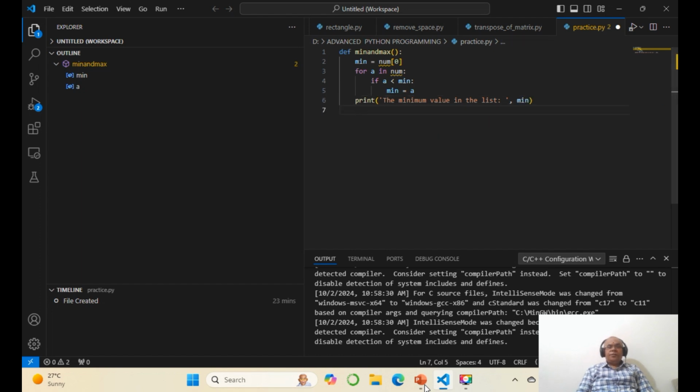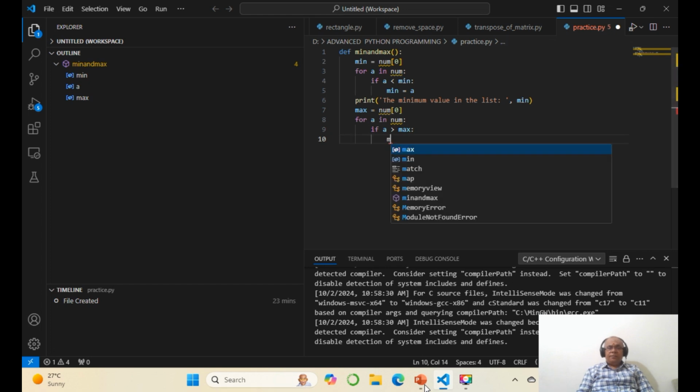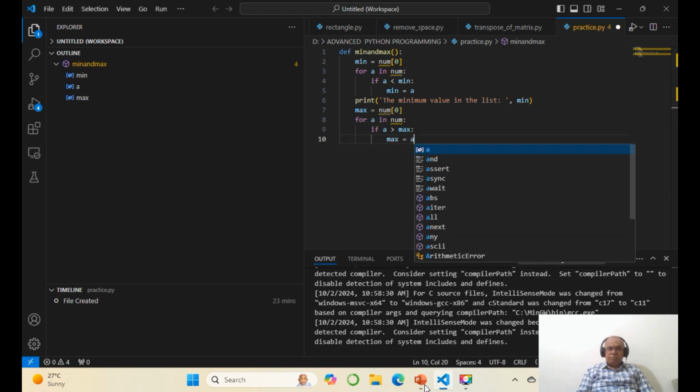Next, max is equal to num 0, same value. Same thing, for a in num, if a is greater than max, then max equals a,